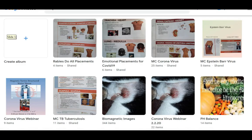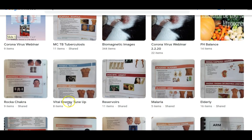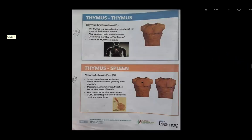But before I get to the emotional placements for children, I wanted to get to this vital energy tune-up and show you a couple of placements in here. This is just general stimulation we all can do with recurring issues of energy, of stimulating our nervous system. This one here for rubella, that's a good placement. But I wanted to get the one for